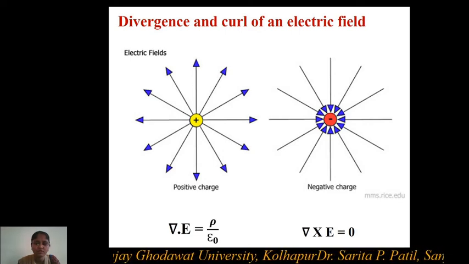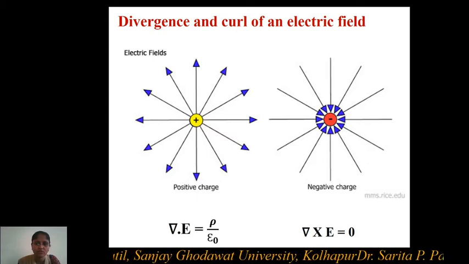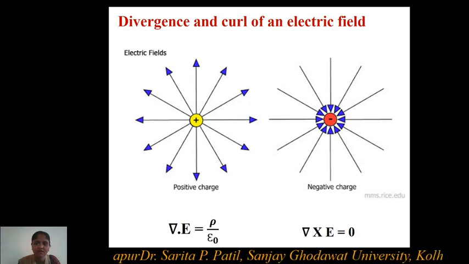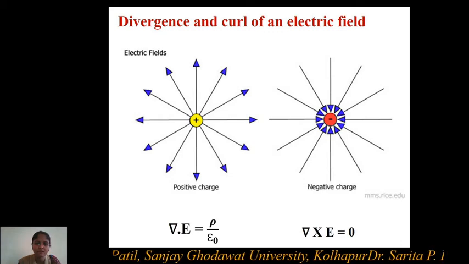What do you mean by divergence? So electric field lines, they are diverging out. They are either moving away from the charge or they are moving towards the charge. But from all these electric field lines, it is seen that they are not intersecting with each other. They are away from each other. So if you consider electric field lines associated with either positive charge or negative charge, they are away from each other, they will never meet. So these are all diverging away from the positive charge, and therefore there is a divergence of electric field in electrostatics.